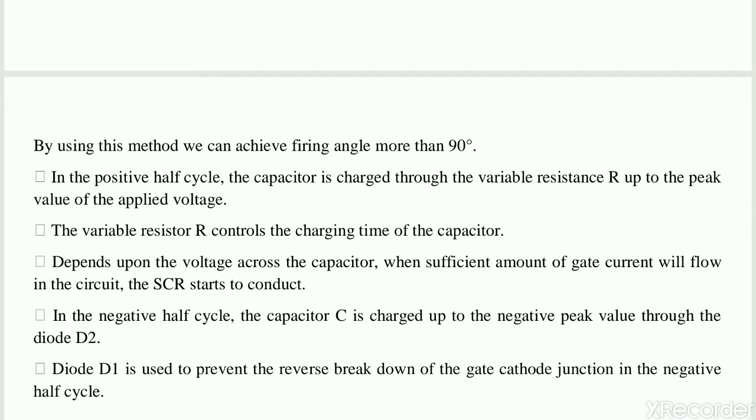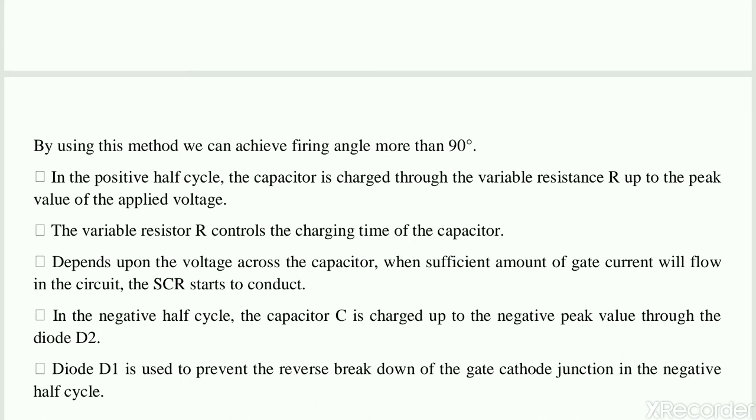There is an advantage regarding the RC triggering of SCR, that is by using this method we can achieve a firing angle more than 90 degrees. In the positive half cycle, the capacitor is charged through the variable resistor R up to the peak value of the applied voltage. The variable resistor R controls the charging time of the capacitor, that is the RC time constant. Depending upon the voltage across the capacitor, when a sufficient amount of gate current flows in the circuit, the SCR